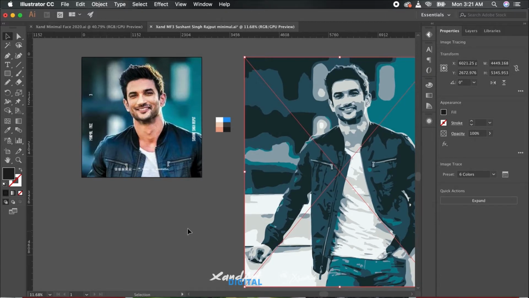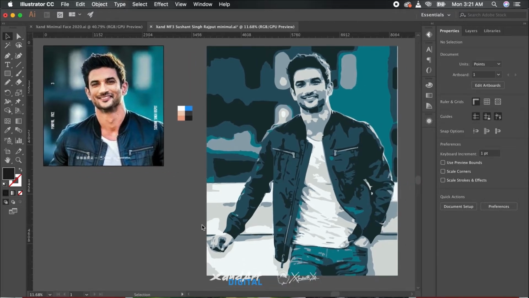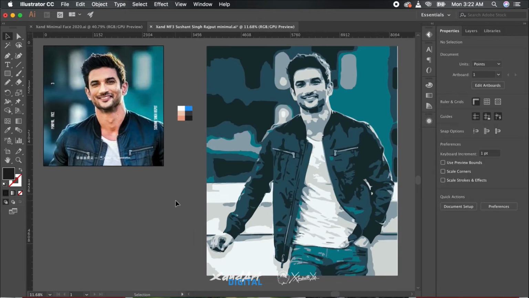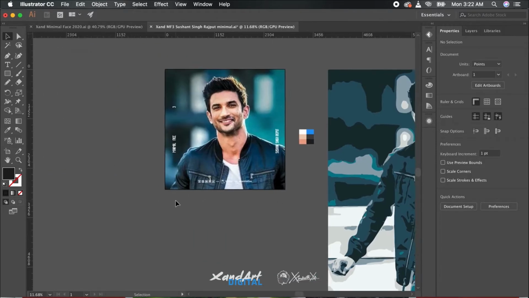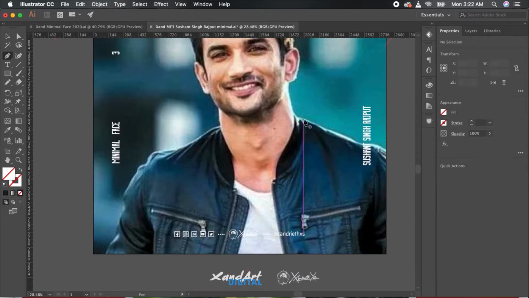I'll just show you how it works just in case, and you will notice that it doesn't give the clean professional look, so we will be avoiding it. Although I've seen a lot of people using it, I'm not fond of it, and you'll know why. It does have its uses though, for example tracing out minimal logos and stuff instead of tracing out the entire thing, but for something this complex, no.